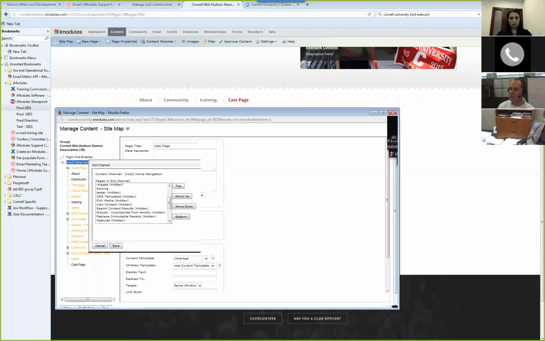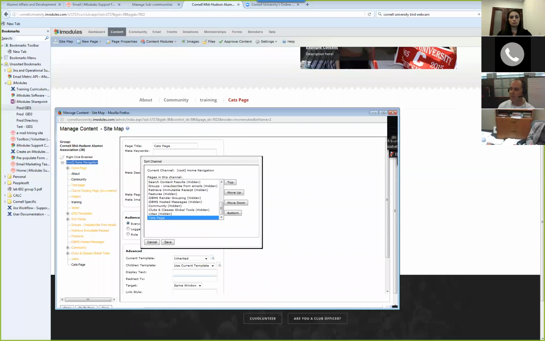So I could take Kat's page and move it up or down. Notice the hidden pages here say hidden. They also relate to the pictures that are in yellow. So I can just move the order up, and if it's a hidden picture, I move out of the hidden picture, it'll just change the order, and that hidden picture won't be seen.